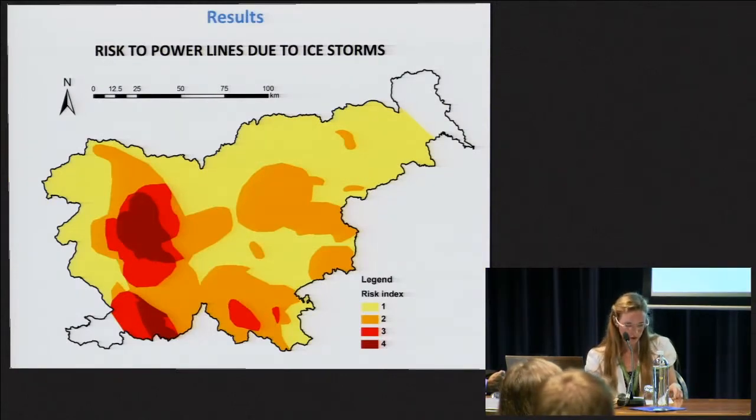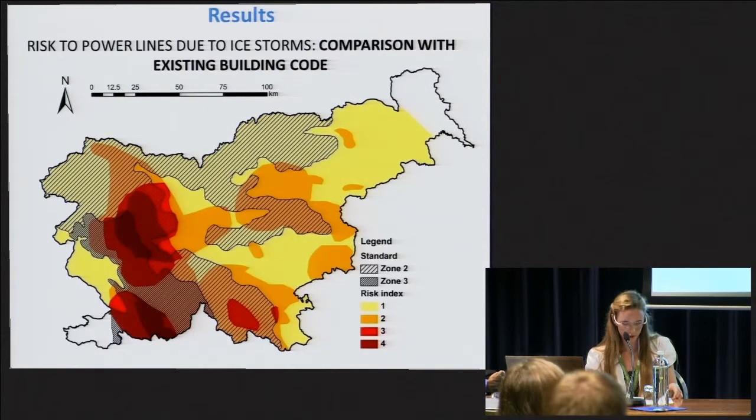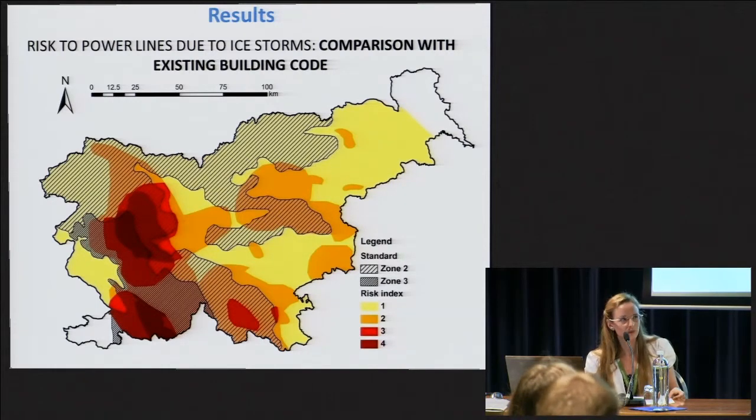The risk map was first compared with the Slovenian building code for building overhead high voltage power lines. This building code divides Slovenia into 3 zones based on expected burden due to glaze ice. In the first zone, which is not represented here, little burden is expected and damages seldom occur, while in the second and third zones we have relevant burden that